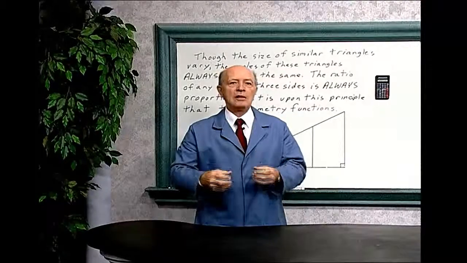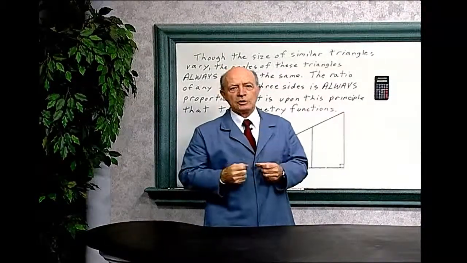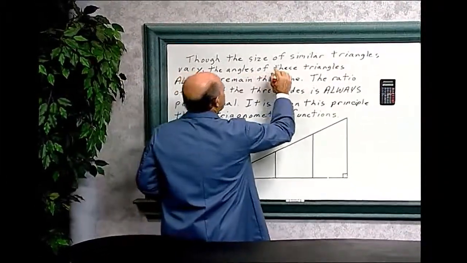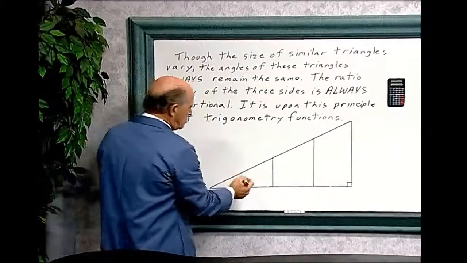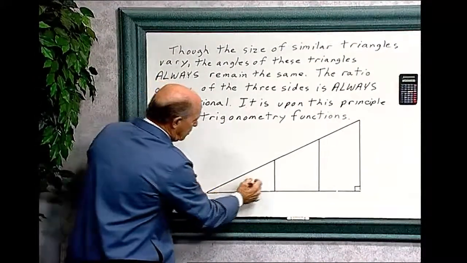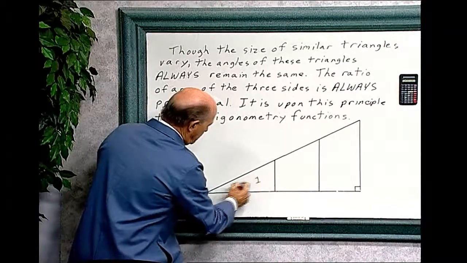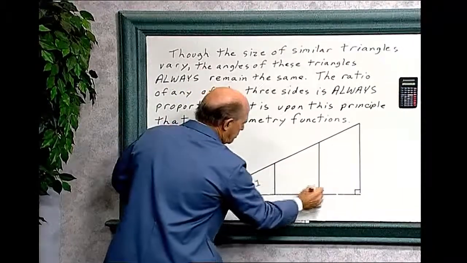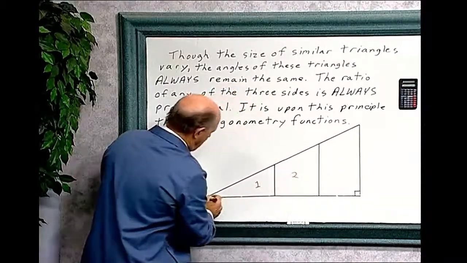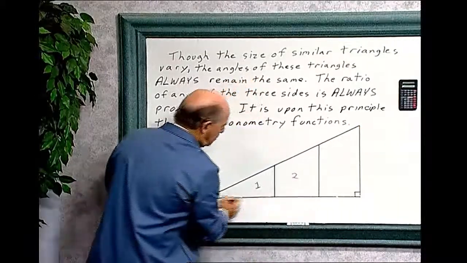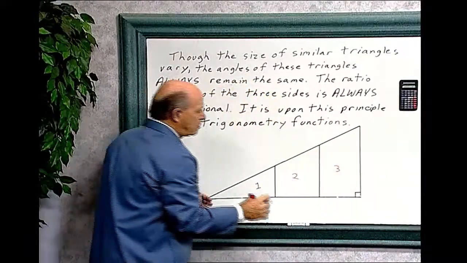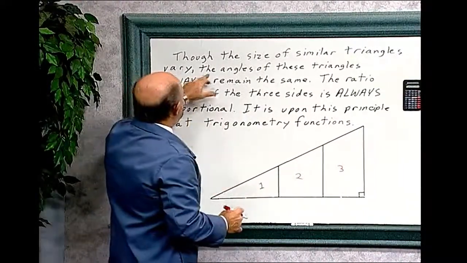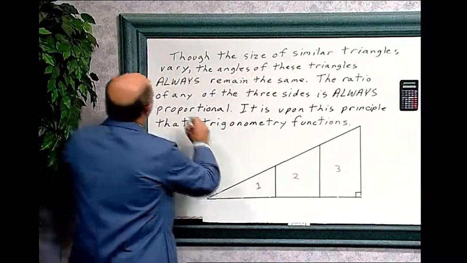I like to explain the logic of trigonometry. Let's look at this principle on the board. Though the size of similar triangles varies, and notice we have 3 triangles here. This is triangle 1. There's another triangle here, 2. And there's another triangle here, a large one, 3. Now, the size of these triangles, they vary. They're different. The angles of these triangles always